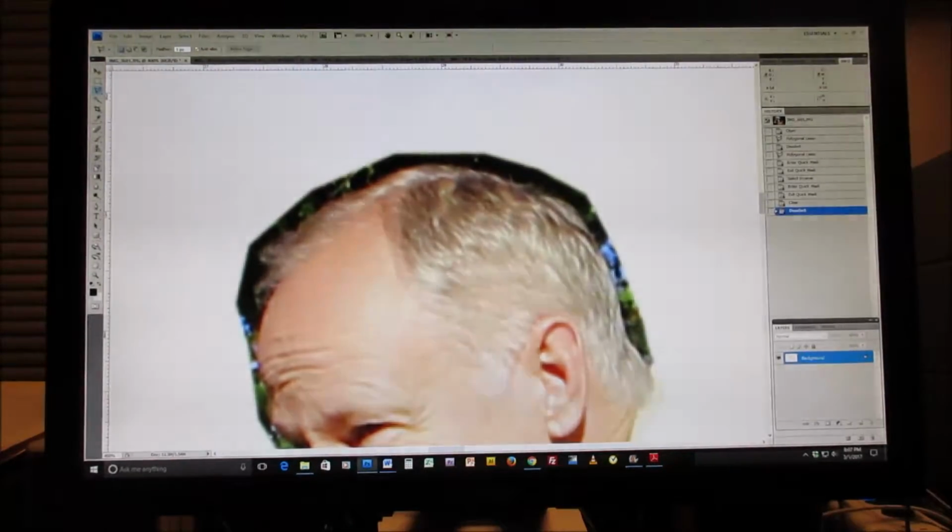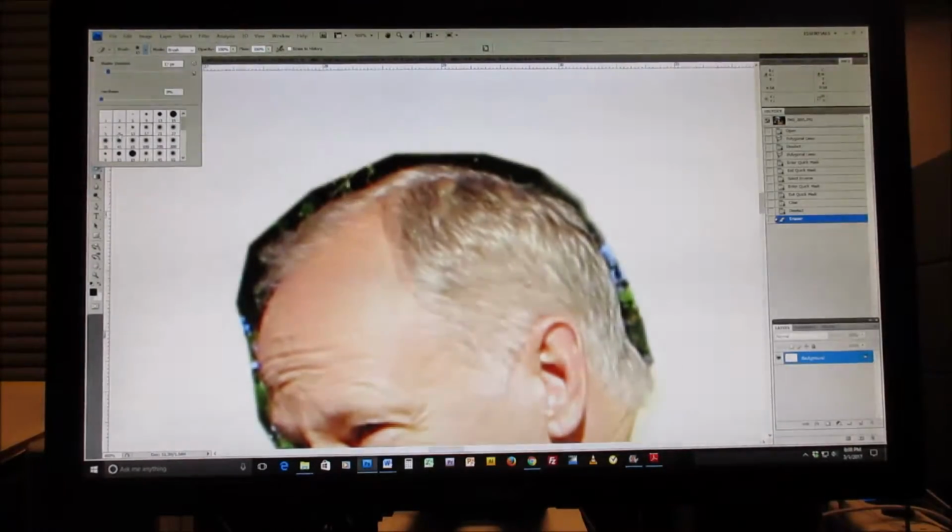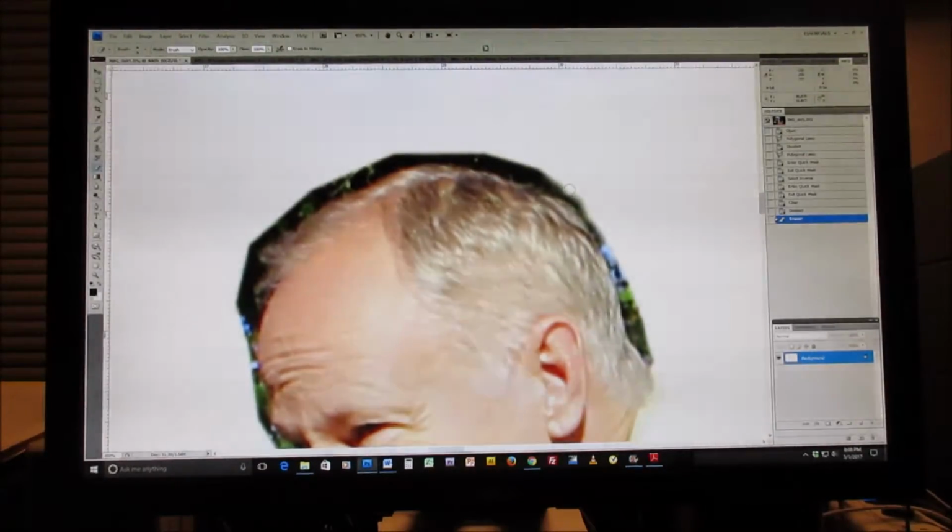Now what I'm going to do is push the eraser key. Now the caps lock is still on. I'm getting that bullseye, crosshairs. I'm going to push caps lock, and now it goes back to the brush. Now I'm going to left click, hold and drag, and remove the rest of that background. I'm on a brush of 17. I'm going to go down to brush of 9 with smooth edge, and then just work my way